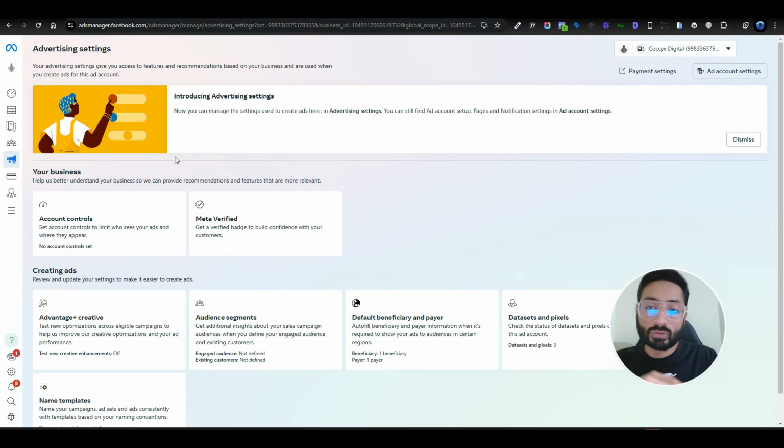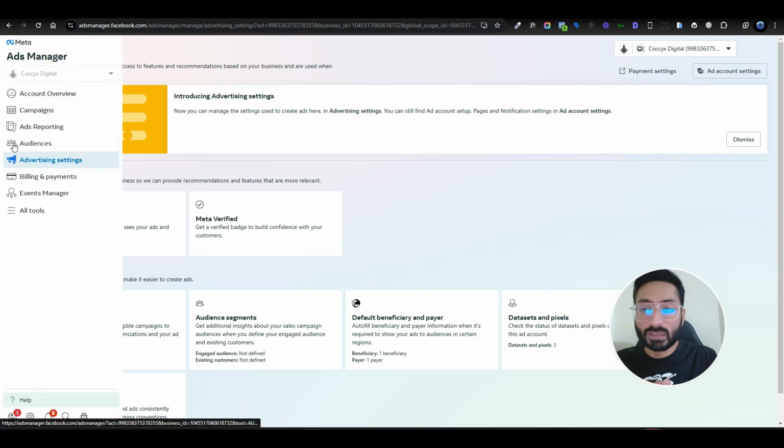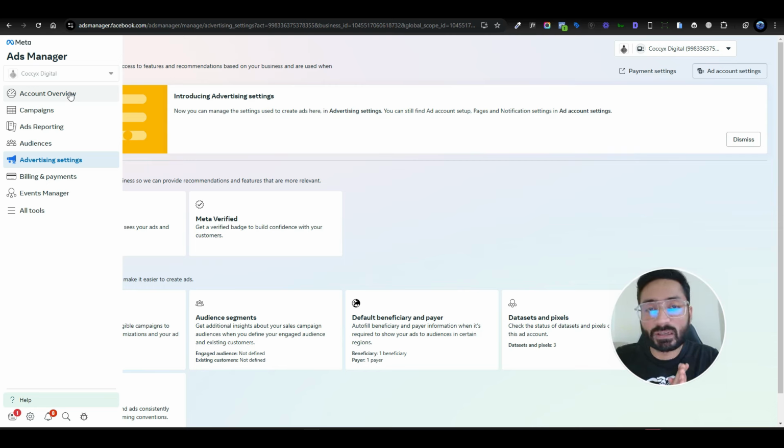You can watch those to learn more about these options. But for the basics, you need to know what options does what. For the account overview, it will give you all the violation restrictions. If your ad got restricted, if you need to apply for the